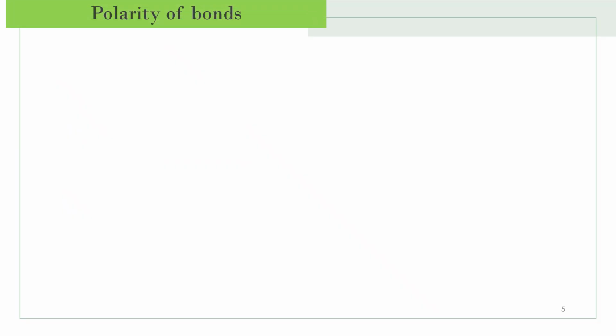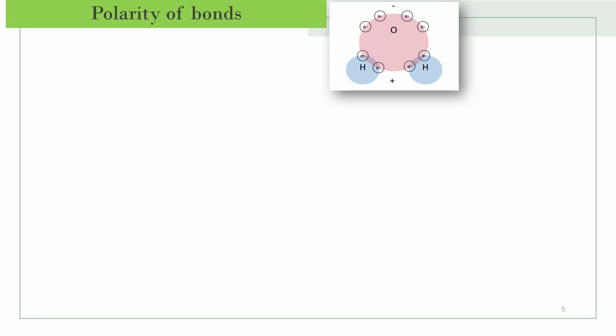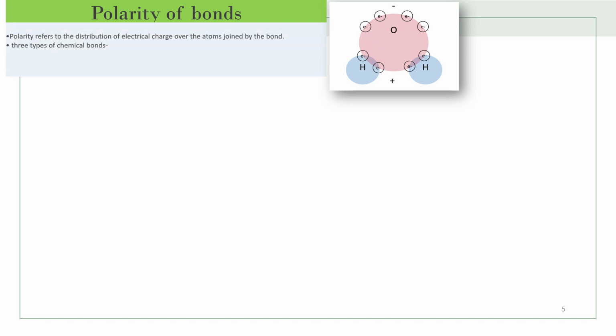In the previous class we discussed ionic bond and covalent bond. Now let's see the polarity of bonds. See the water molecule. The central atom oxygen is bonded with two hydrogen atoms, so the electrons are distributed among these three atoms. The polarity of bonds means the distribution of electrical charge over the atoms joined by the bond. Polarity of bonds is mainly of three types: non-polar covalent bonds, polar covalent bonds